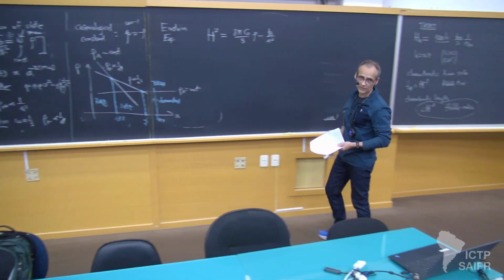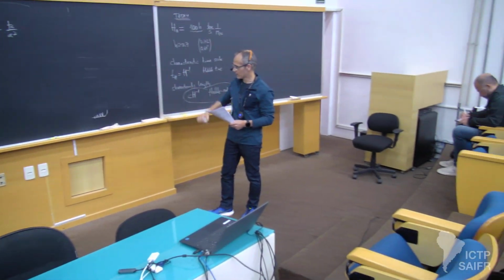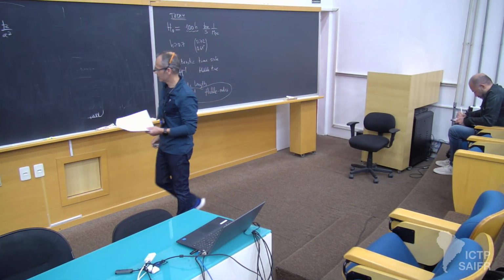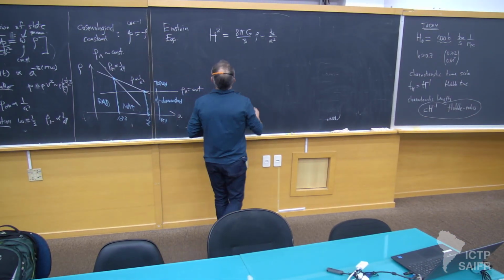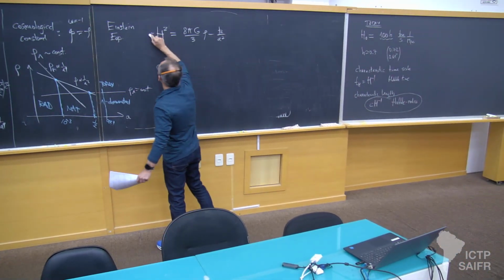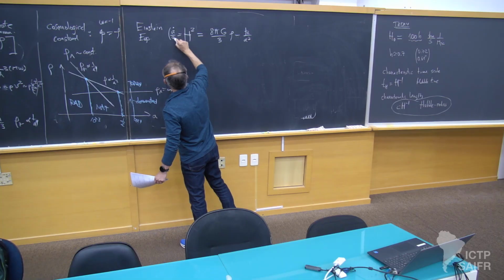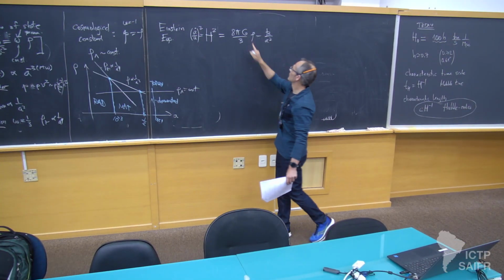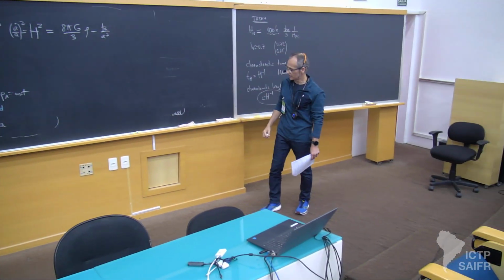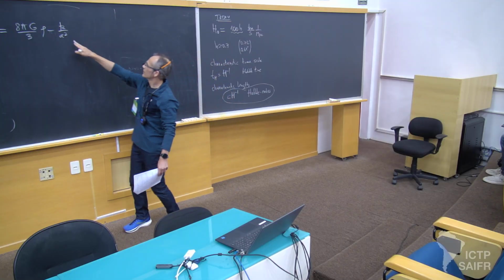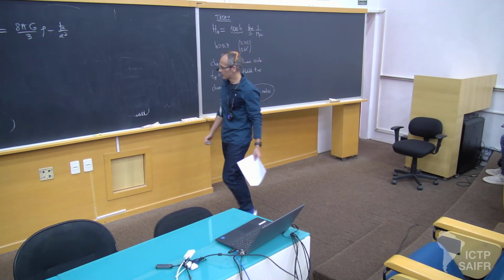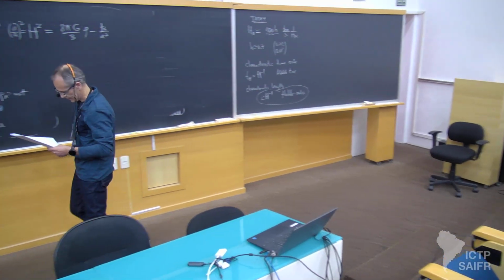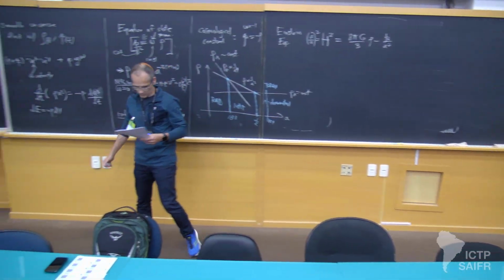In fact, the other one is also a Friedman equation, but somehow this one is the only one that people often refer to as the Friedman equation. And so you can see it tells us that the expansion rate of the universe is related to how much energy density you have. And then there is a term here that depends on the spatial curvature. Okay, so K, remember, can be +1, -1, or 0.